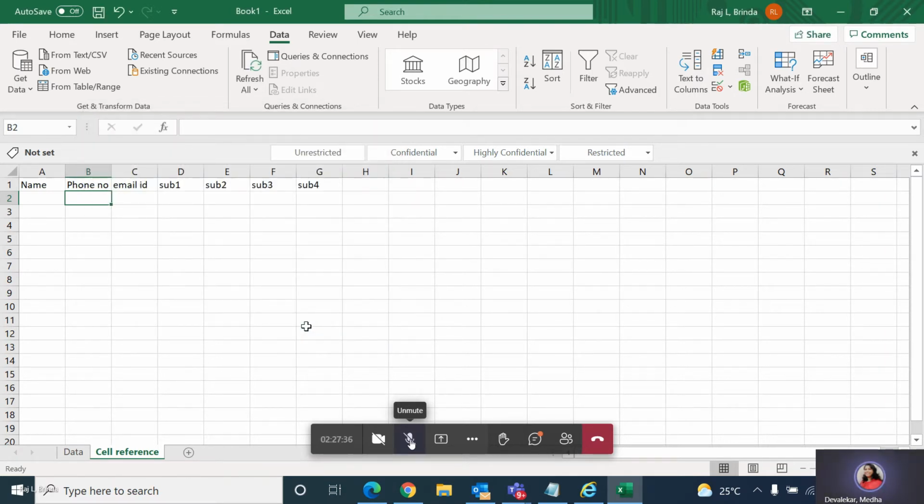Now there is a small square you can see. Just drag that. Leave the cursor. Now you can click into any cell and try to put a number which is not 10 digits.